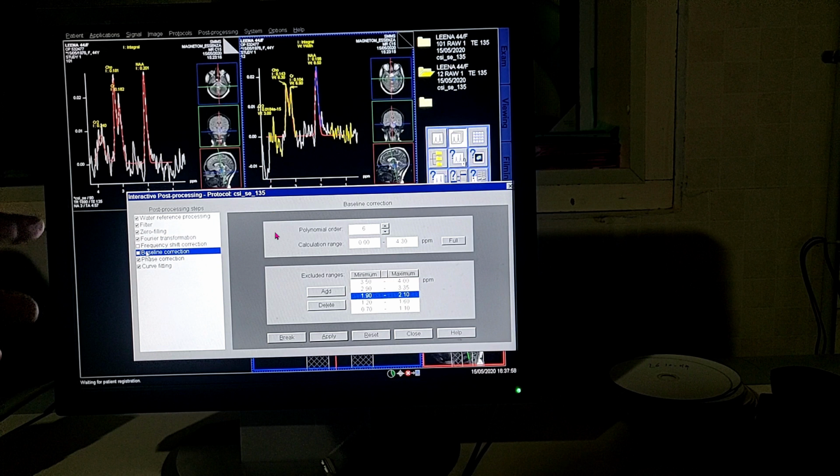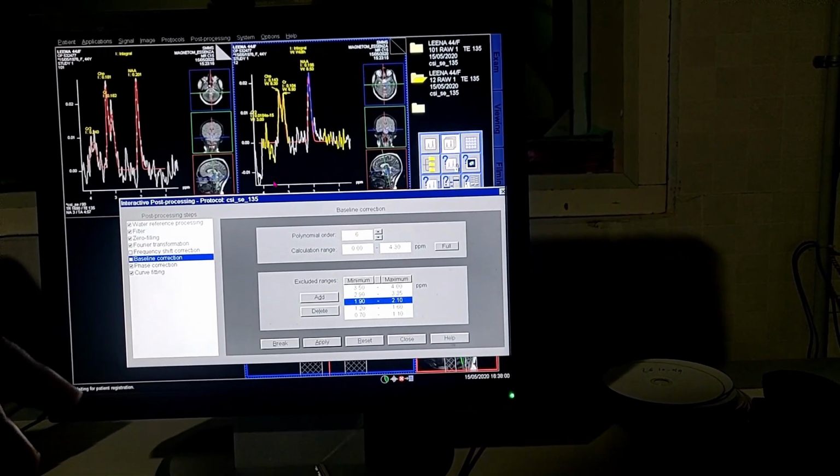So baseline correction is applied whenever you want to calculate in a particular range so that the remaining part is removed. So here we have taken the calculation range from 0 to 4.3 ppm, and if you don't want that, you can just click full, so it will include everything. Okay, so right now it is everything. You can see the baseline is so down.